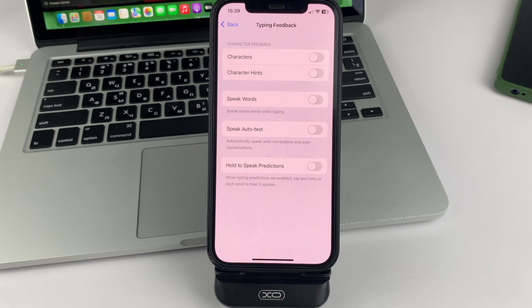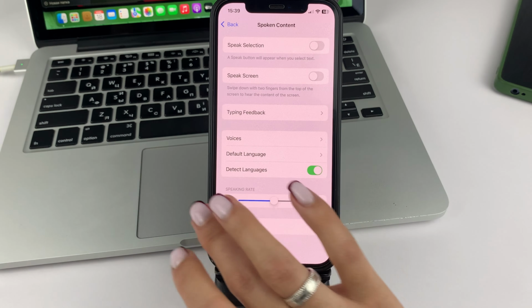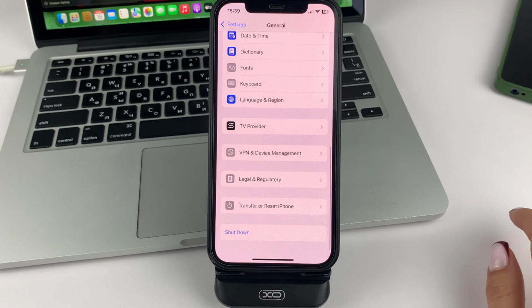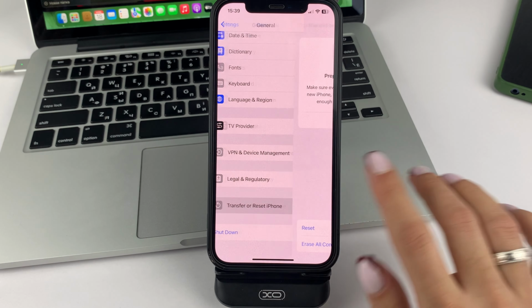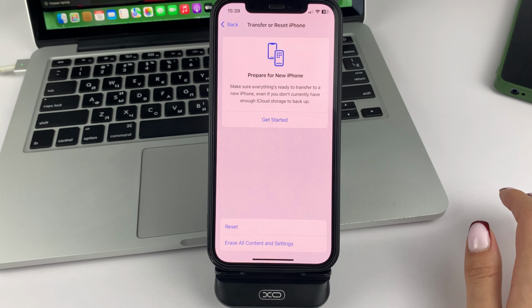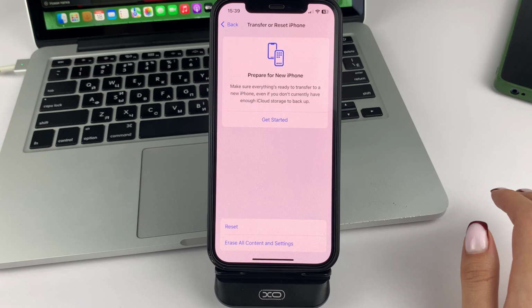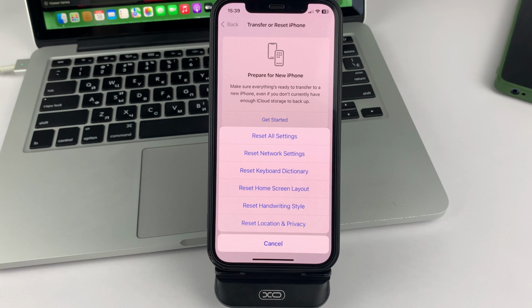If unfortunately disabling these options didn't help you, then you need to go back to the menu or settings. Go to General, scroll to the bottom and select Reset iPhone. Next, you'll need to select the Reset function and select Reset All Functions.